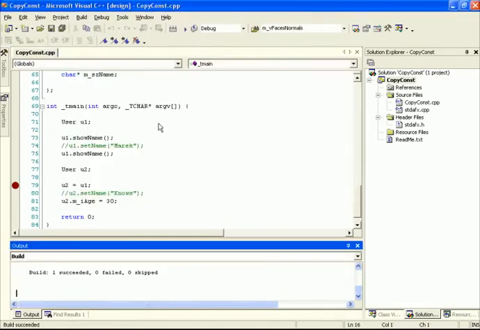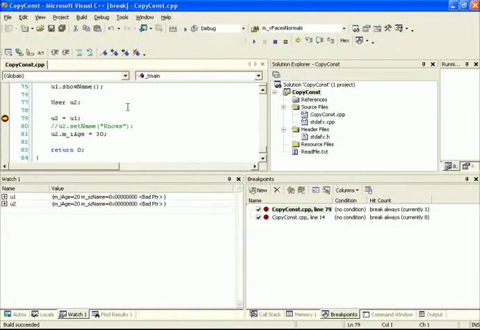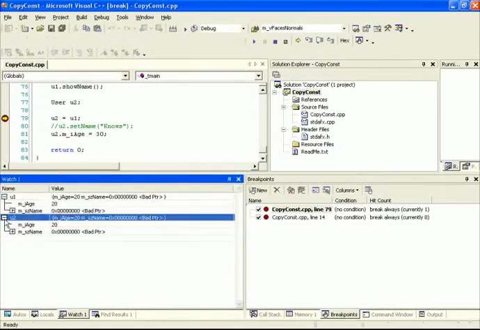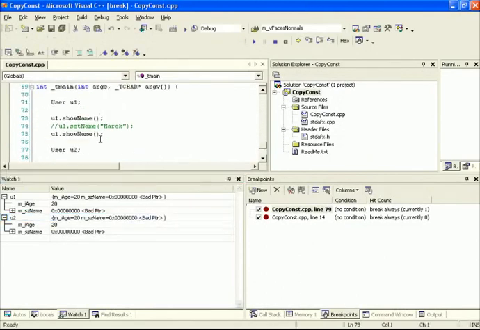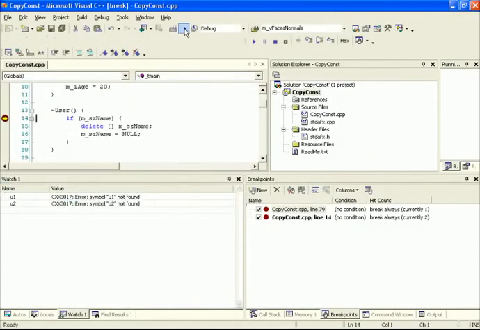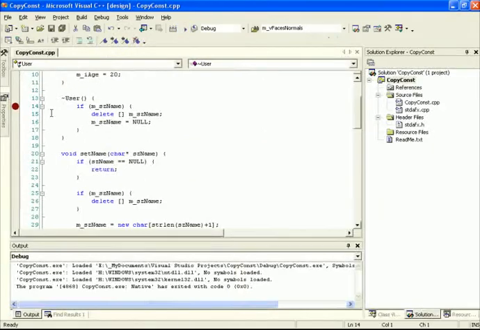Oh, I meant to run it in debug mode. Okay, so here we go. We have SZ name is set up to be null, and here it's null as well. Oh, that's not quite right. I commented out the code here for our name. So let's just exit out of this and go back into our code,